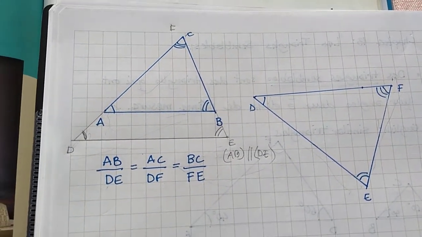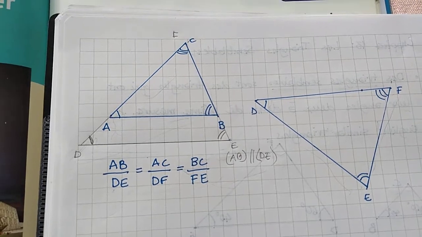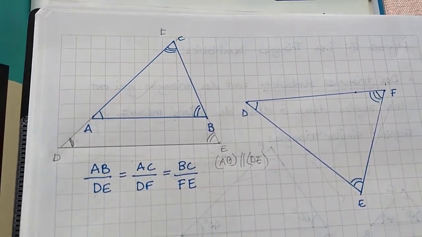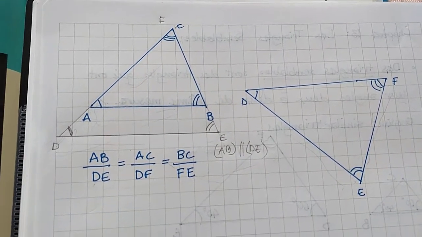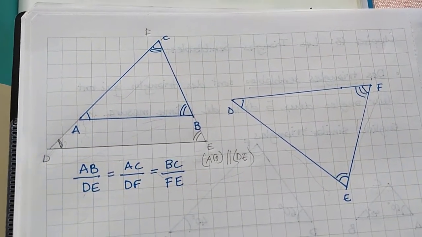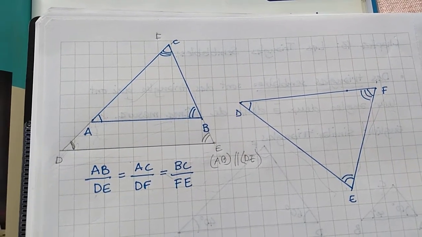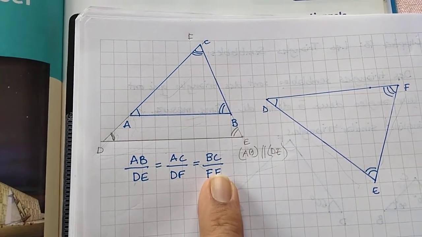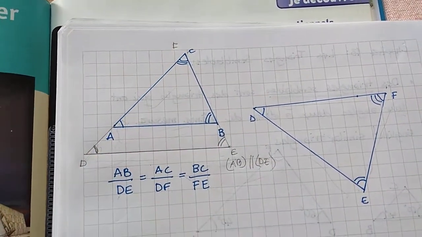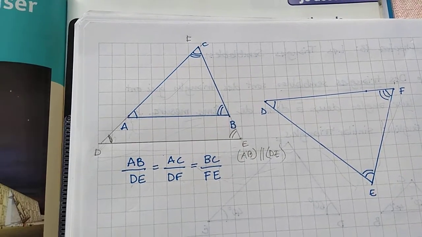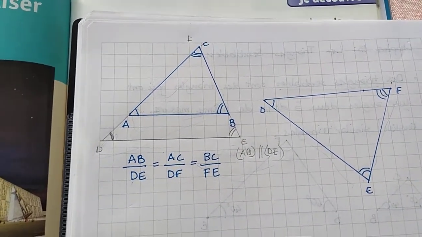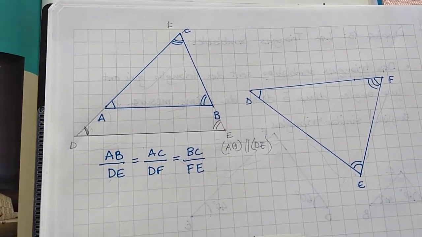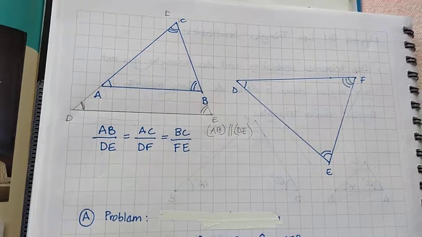Because a lot of the problems in this chapter will be based on this, and the next chapter is essentially a special branch. The next chapter is trigonometry, a special branch of mathematics which is based on similar triangles as well as the theorem of Thales, the proportionality. So these two concepts help us go to trigonometry. That's why I want to finish these two chapters before we do the trigonometry chapter.